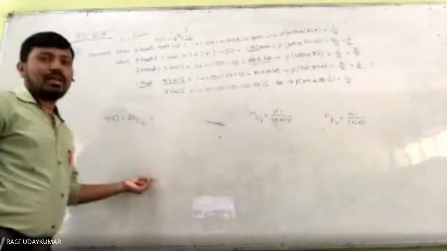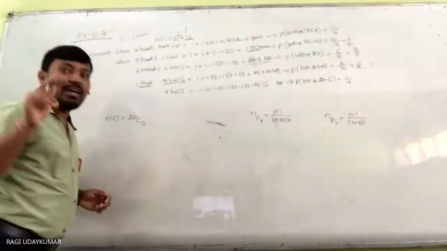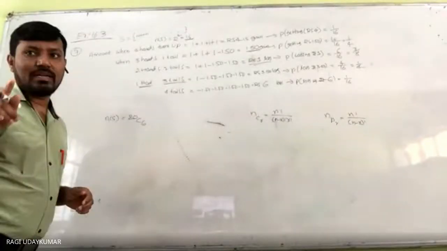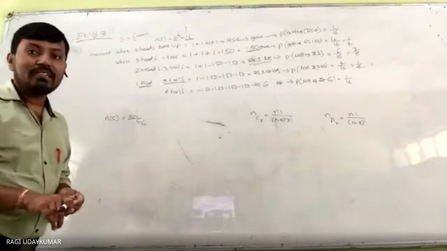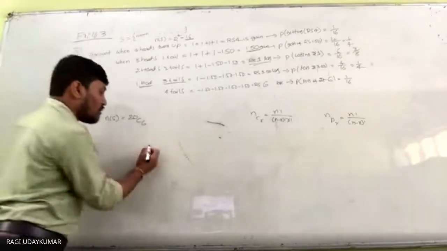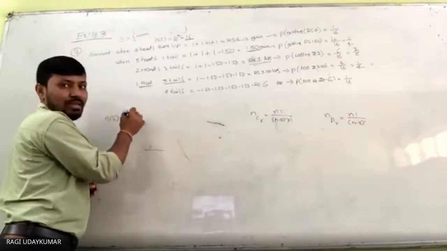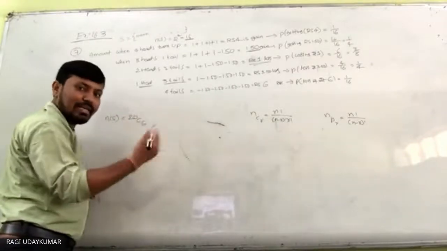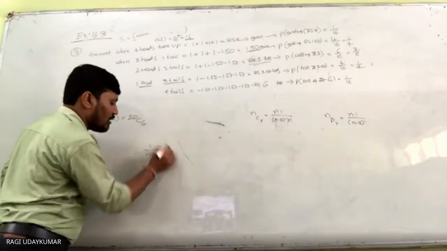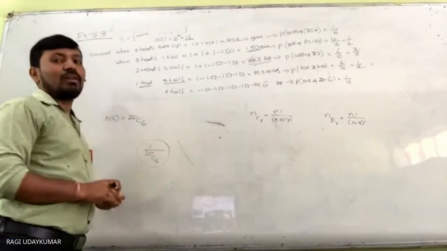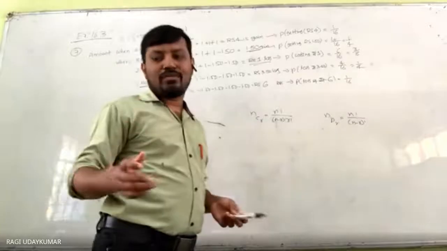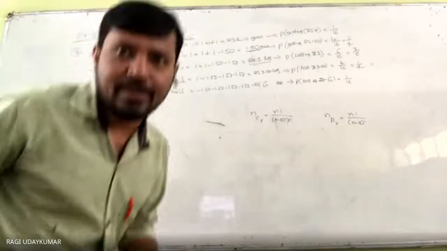So you do not need to find this value. Only one number, the lottery was fixed with one number. On that number only. So the probability of winning the game is only that one number out of these many numbers. You have to calculate how big this number will be. It is time consuming, so you do it. So the final probability is 1 by 20C6. You need to find the 20C6 value if time permits, in 4 minutes.